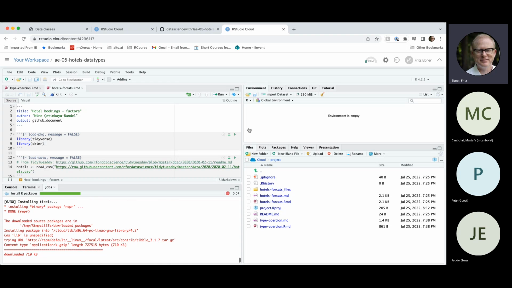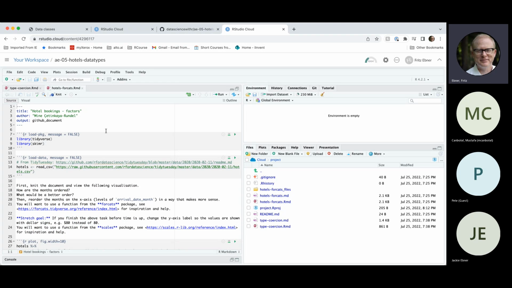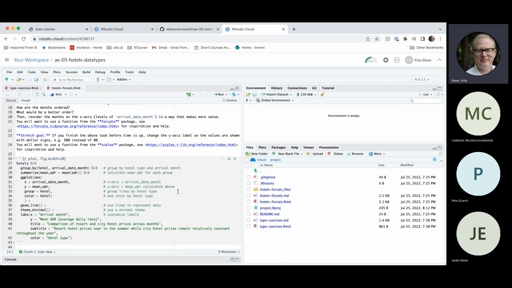While we're loading, we can walk through at least the first few lines. It's pulling in these two packages, tidyverse and skimr, and then it's reading the CSV file that is actually at this internet address under GitHub somewhere, and it reads it into the hotels data frame. And then all it's doing is this plot. So I've got hotels, and I'm piping it into